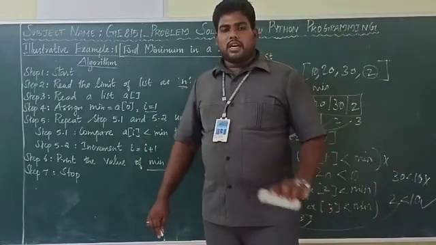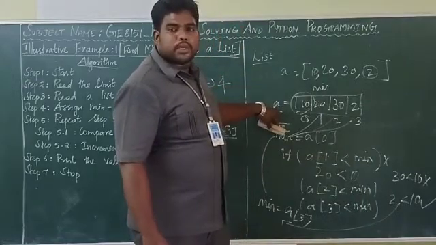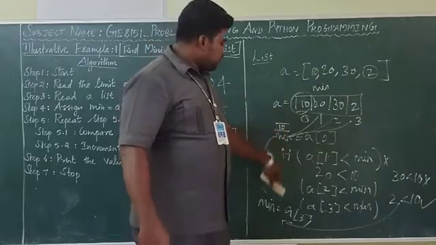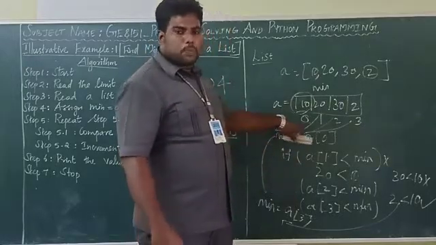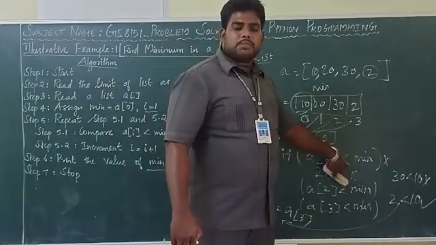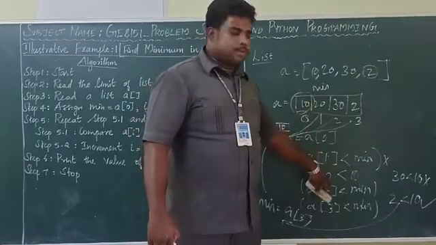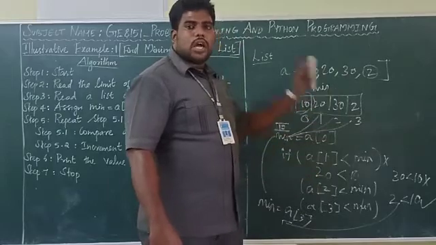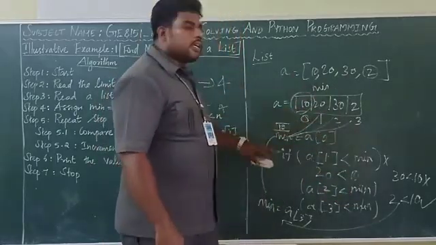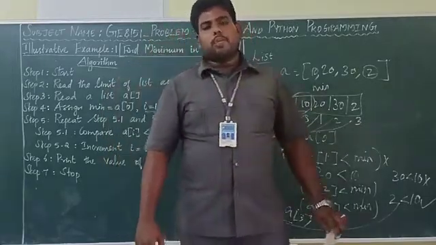All of you got it? Once again I am repeating. First take the list, then assign the first position as the minimum, then inside the loop compare. Many times you have to compare. So use the loop. Inside the loop compare the first position with less than minimum. Then compare the second position less than minimum. Third position less than minimum. Whenever the condition is true, assign minimum as that particular value. When the loop terminates, it will come out and print the minimum value. I hope you understand this.